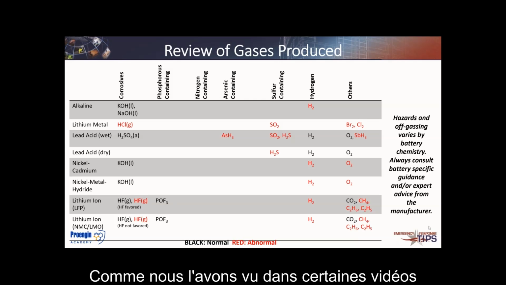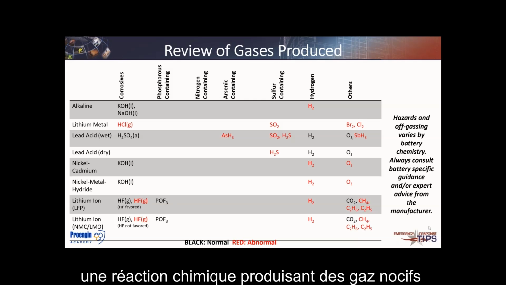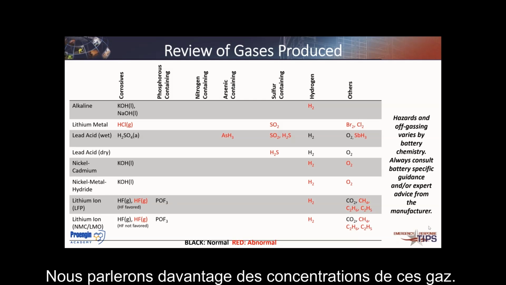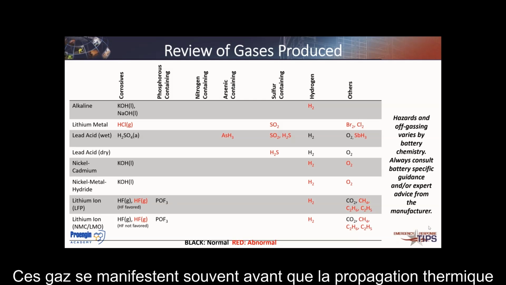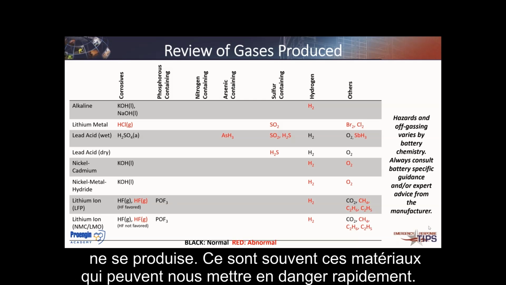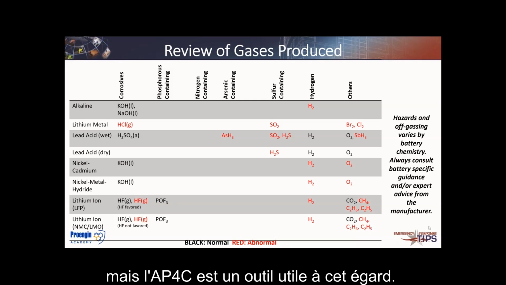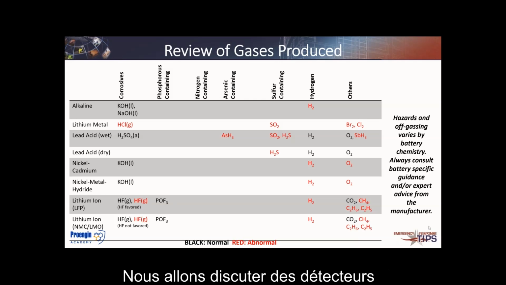And a couple of key things, as we saw in some of the videos, a lot of times that chemical reaction produces the harmful gases that can potentially take us out. And we'll talk a little bit more about what those concentrations are. Those will occur before the thermal runaway does. And those are a lot of times what can take us out pretty quickly with some of those materials. So we'll talk a little bit more about that, but the AP4C being one of those tools that you can